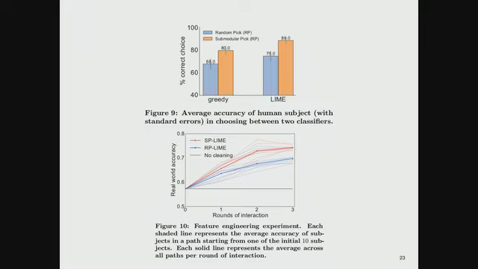And the other thing that's interesting is if you do the feature engineering experiment, it shows that as the Turkers interacted with the system, it became better. So they started off with real-world accuracy of just under 60%, and using the better of their algorithms, they reached about 75% after 3 rounds of interaction. So the users could say, I don't like this feature, and then the system would give them better features.